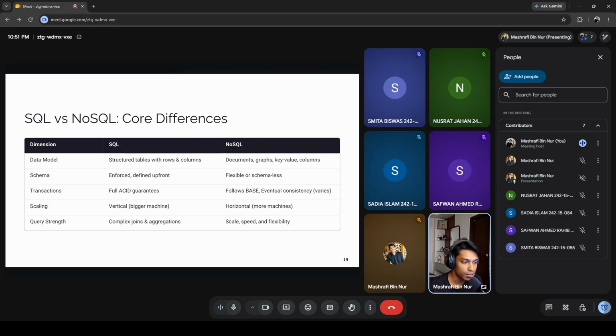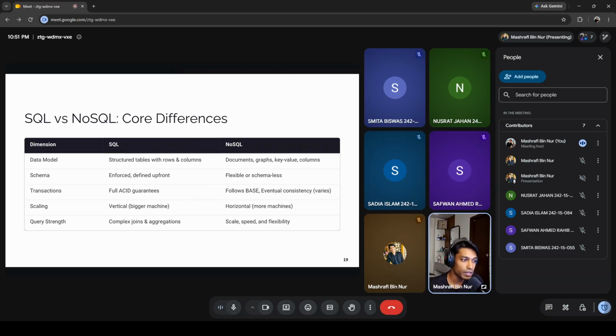So just long story short, if you're working in a big tech company, the big tech companies focus on SQL or NoSQL, and it depends on the project outcome. Imagine it is a project of a bank. If it is a bank project, then you should use SQL. Why? Here we can see SQL gives us full ACID guarantees because it gives us the triggers,